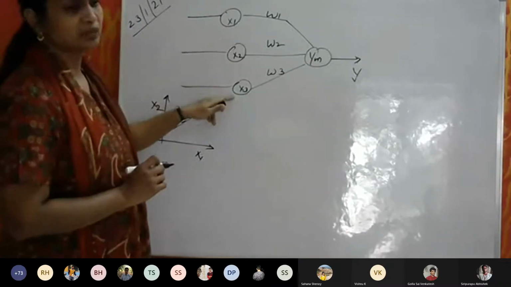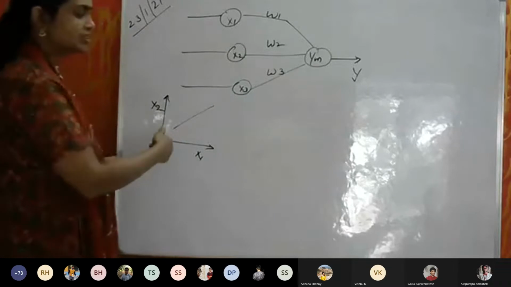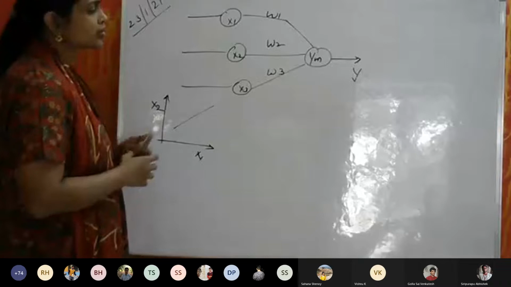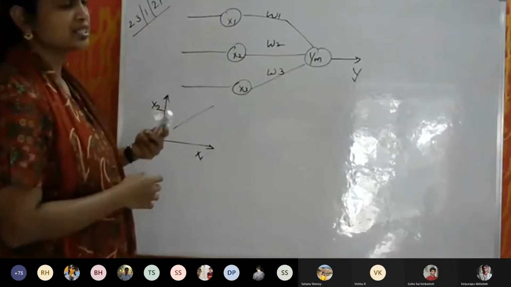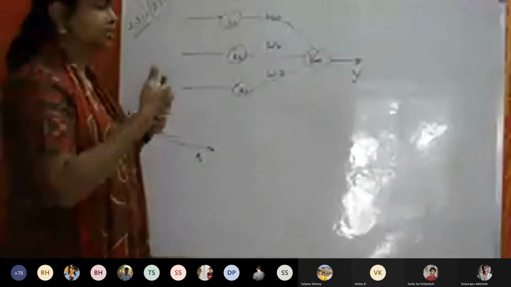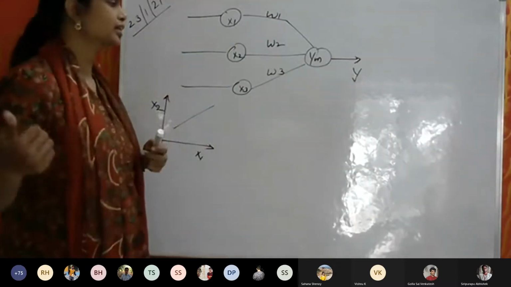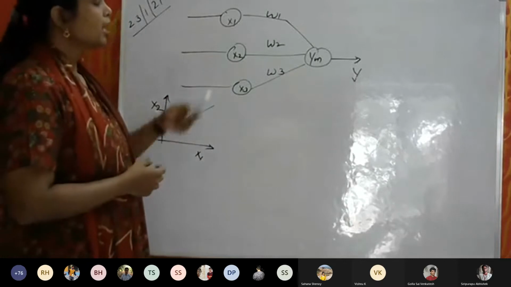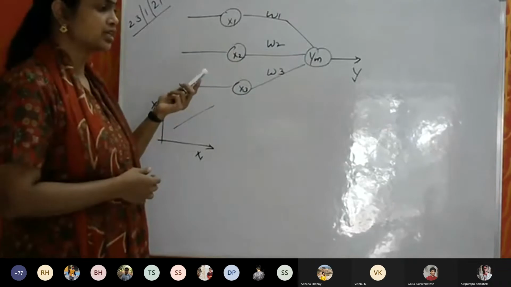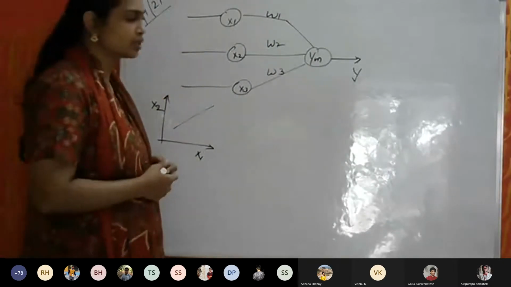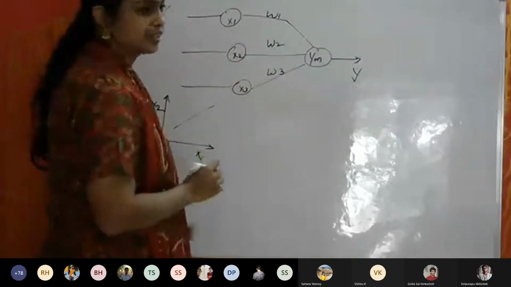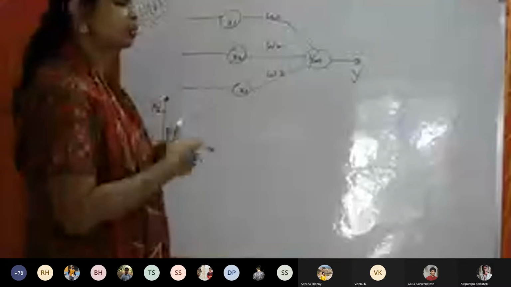Now, if I have 3 inputs, then I have to use the third dimension, the z-axis also. In that case, I have to use a plane. Okay. So when the number of inputs increases, the separator becomes, instead of a line, a plane, a hyperplane, and it goes on. And then the weight also will vary from 0 to 1. Sometimes it can be 0, it can be 1, or it can be from 0 to 1 also. So here, what is the purpose of this weight? I will explain. It depends on how much importance we are giving.